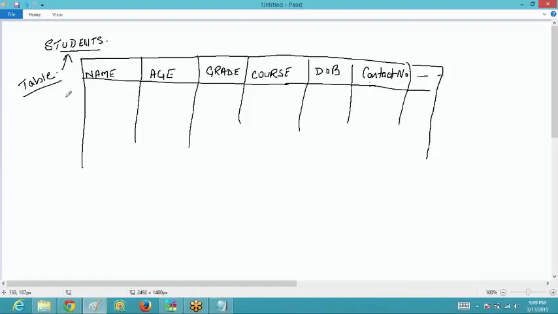Now when I have to feed the information, I'm going to feed it into this table. If there are 10 students or 20 or 100 students, I'm going to feed their information under these columns. That information is fed in rows, and these all are the columns.